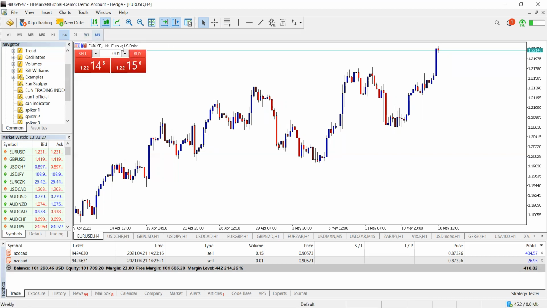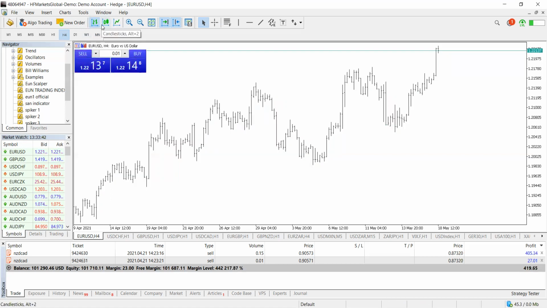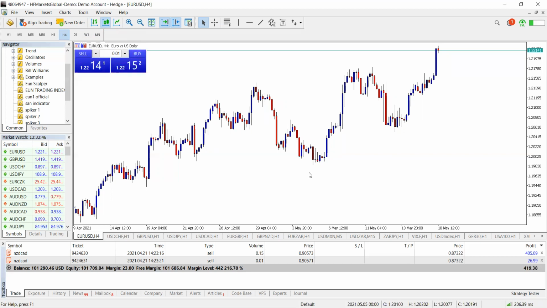The first advantage of the Japanese candlestick is that it gives you more information. It tells you a lot about what is happening on the market, unlike the line. You see the line here, and these bars, they don't tell you more about what is happening on the market. The candlestick lesson is another lesson that we're going to make.